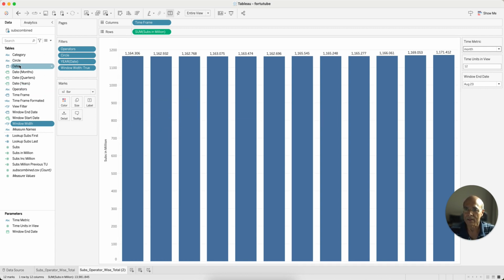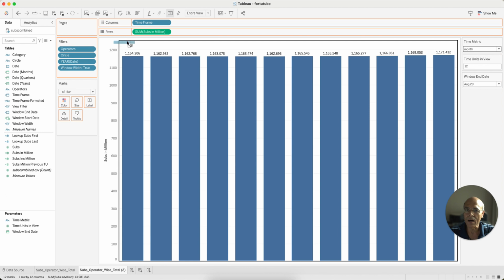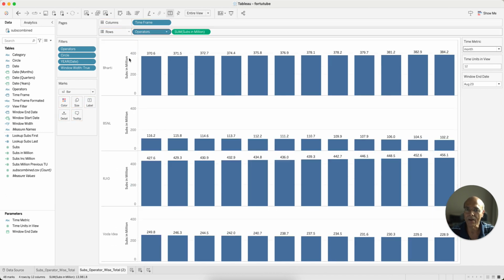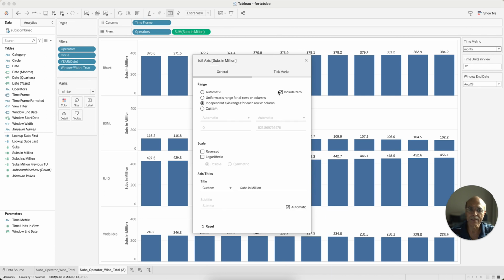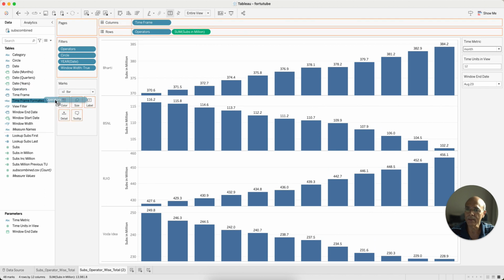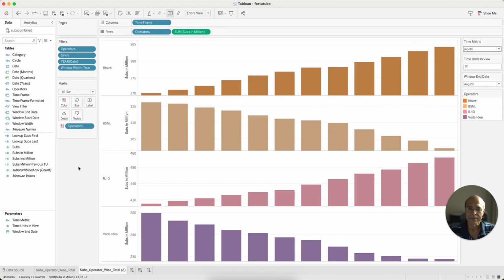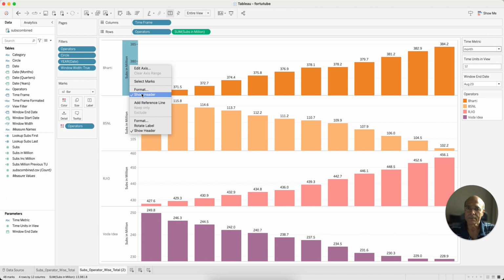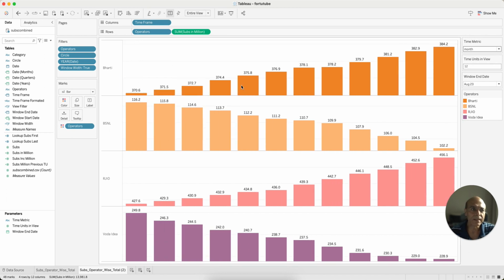Now, friends, in order to get a better picture, I will put operators also here, because then the operators' numbers are going to be very clearly visible. You will see how these numbers are going to change and how effective it becomes. See, the Bharti numbers are clear. I'll make a little modification so that you can see, and I'll put operators also in color, and I'm going to remove the headers. Now you have Bharti, very clearly showing the Bharti subscribers are increasing